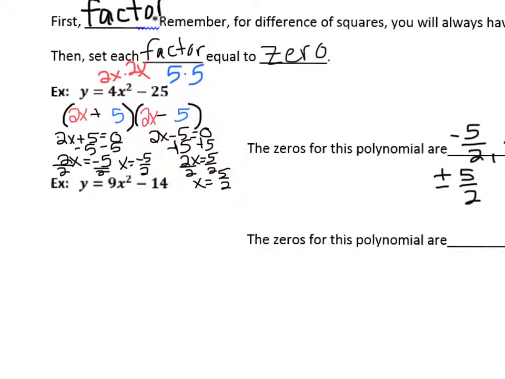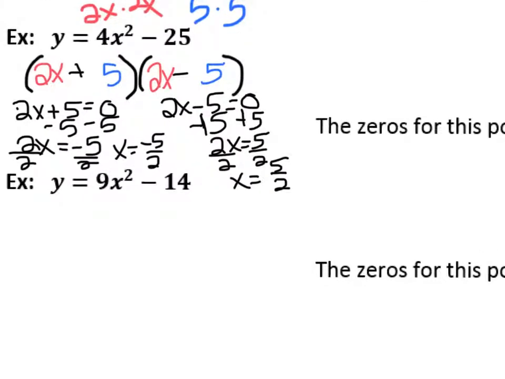Now our next problem, again, is a binomial, so we're looking for the difference of squares here. It has a minus sign. 9x squared is perfect, but 14 is not. Well, we can still treat this problem as a difference of squares. It's just 14 isn't perfect, so we won't get a nice pretty answer. Well, we know that 9x squared is 3x times 3x,